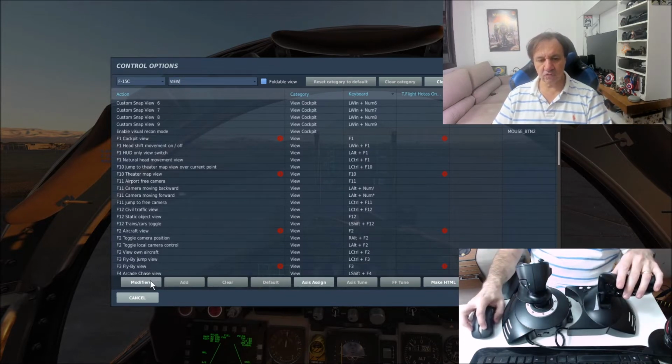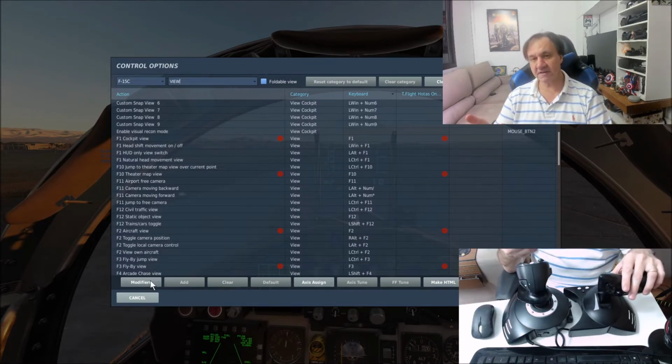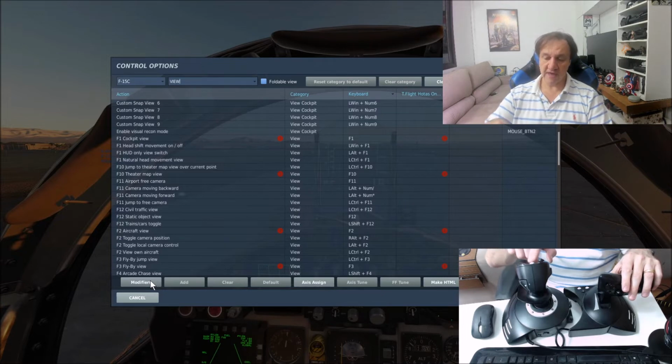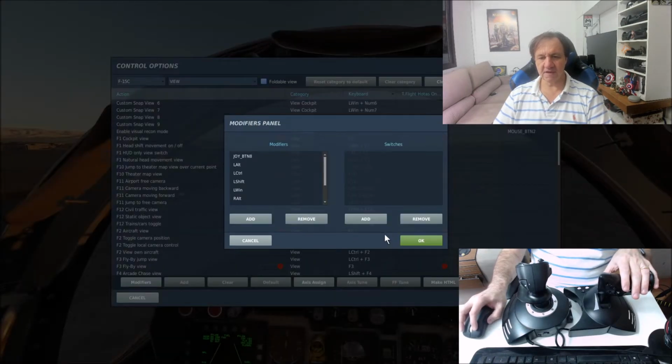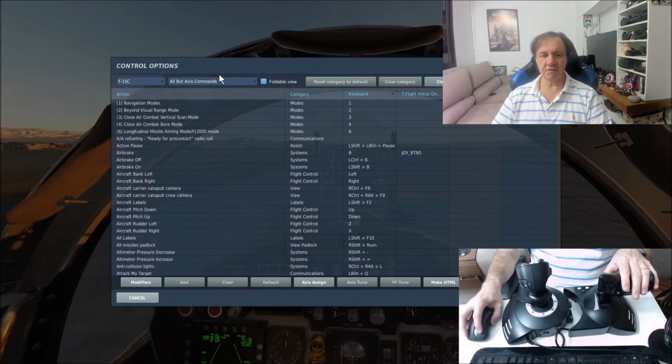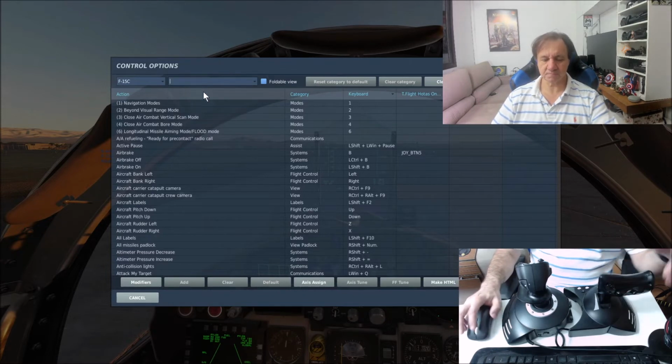The modify button allows for you to have for the same button two options. For instance, I'm going to click here, modify, I'm going to click add, choose the option Thrustmaster Rotas 1 and button 8. Okay, now when I click view, let me show you view.